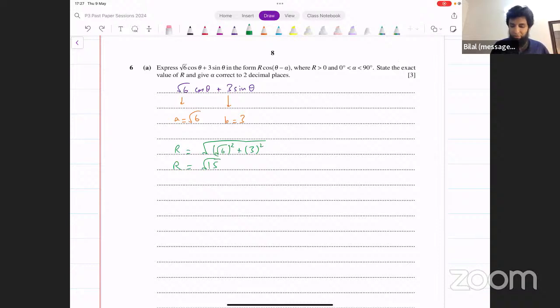And then you have to find alpha. What's alpha going to be? Tan alpha is B over A. So that's 3 over under root 6. Put this on your calculator. Tan inverse of 3 under root 6. Make sure your calculator is in degrees mode, right? This is degrees. Let me change this. Tan inverse of 3 over under root of 6. What does that give us? That gives us